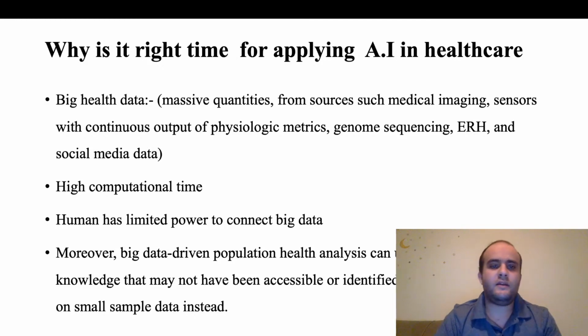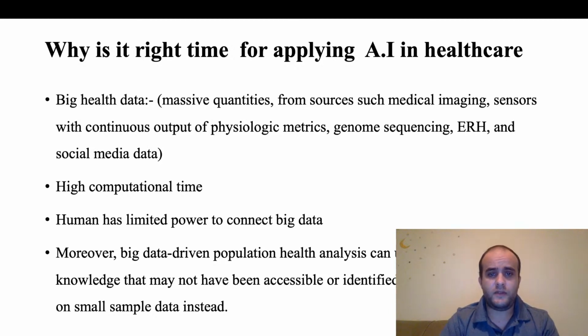So why is AI very important nowadays? What makes it the right time for AI nowadays? Actually, it is the increase in big data, and this big data is now digital and well documented in electronic health records, medical images, or different types of data. For example, each patient will have medical imaging, and each patient will have a sensor. Sensors can be wearable sensors. Even your phone is a sensor for collecting your behavior, your food, your exercising,